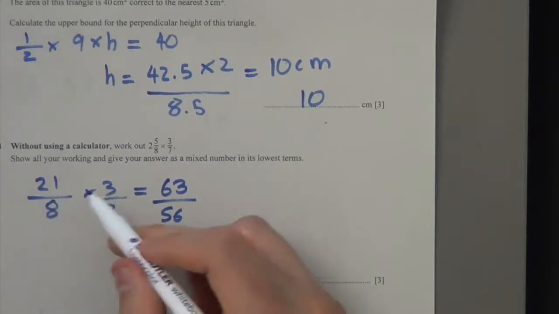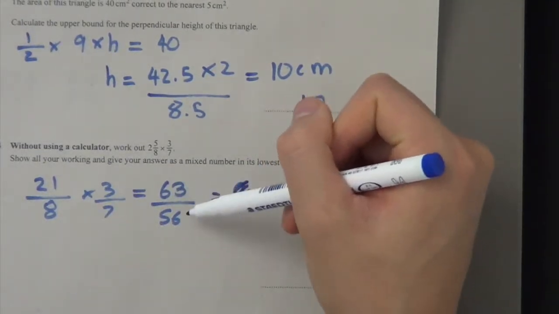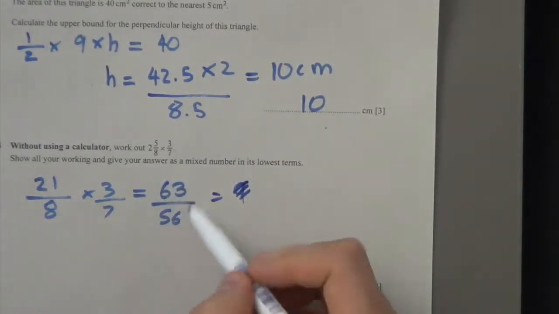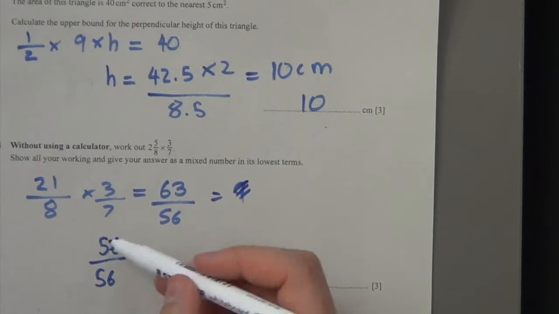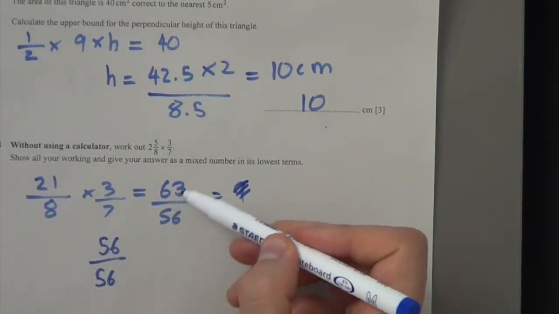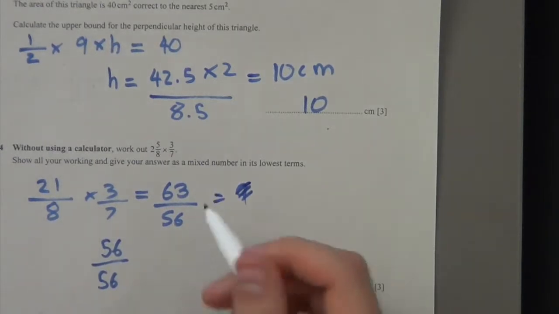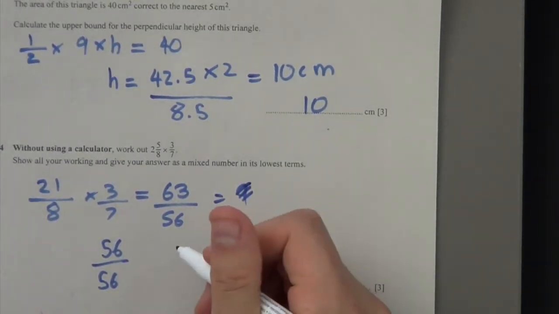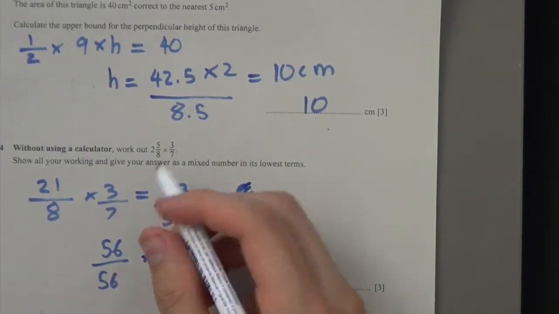I'm just multiplying the numerator and the denominator. Now, this is an improper fraction, okay? So in order to make it a mixed number, I'm going to rewrite it as 56 over 56, which is 1. But what's the remainder? Well, I do 63 minus 56, which is 7, so it's going to be 56 plus a